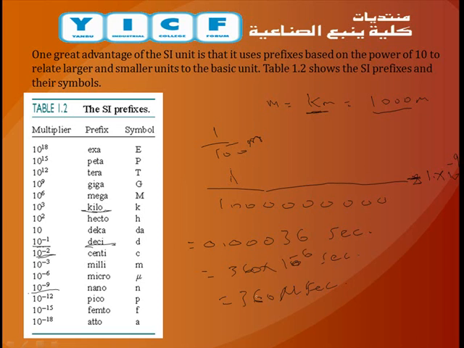This is the great advantage of this prefix, whereas micro is 10 to the power minus 6. If I have, for example, 9 million watts, watt is the measure of power in electrical systems, I can write it as 9 megawatts, where mega is the